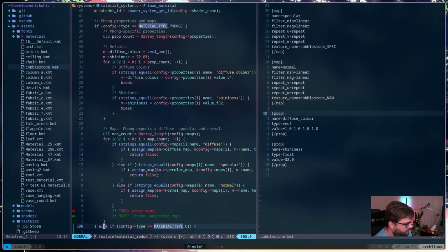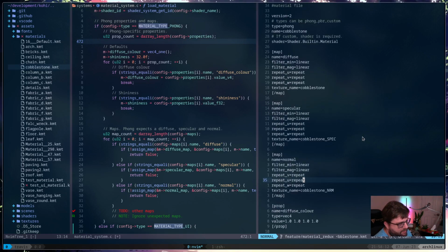Let's see. So we actually only have one map and one property, I think, is all we have here.